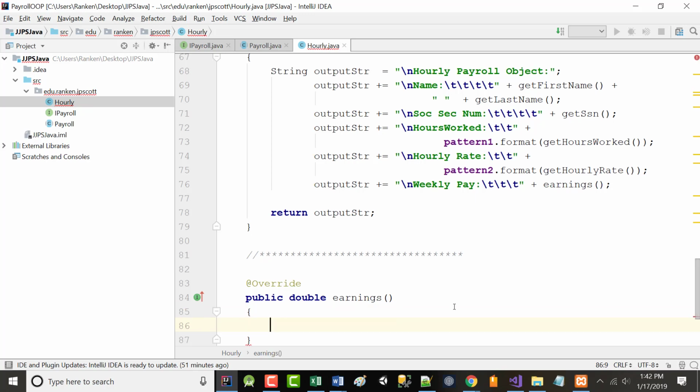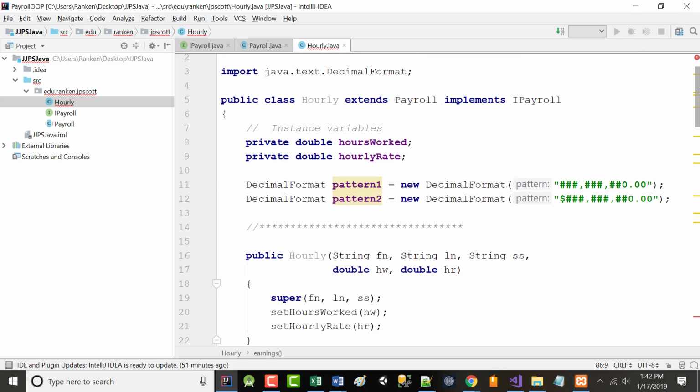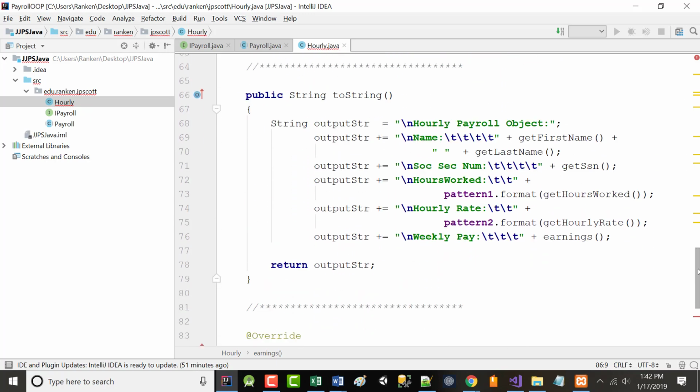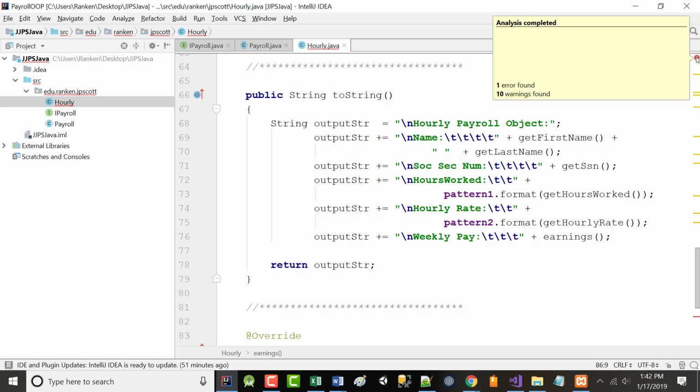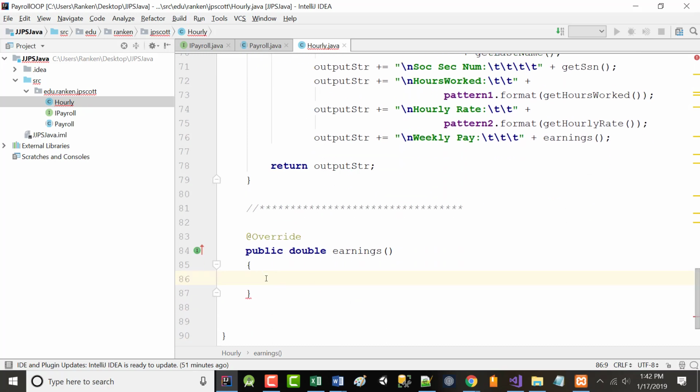Notice as soon as I put that in, how that stuff went away. See that? Now let's look at the top. I'm just checking. See how that's gone? Now I might have a few warnings in here. The majority of these are going to be for typos. Okay? It says one error found too, so we'll fix that. But I think it is because we're not returning anything in here yet. We're going to fix that right now.